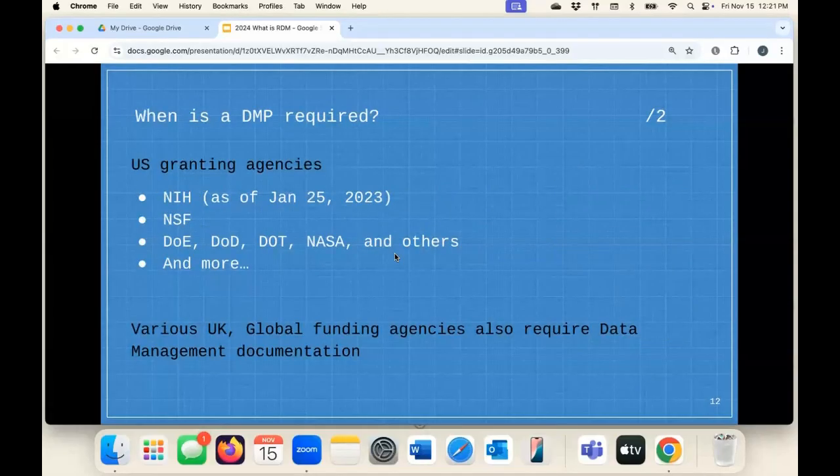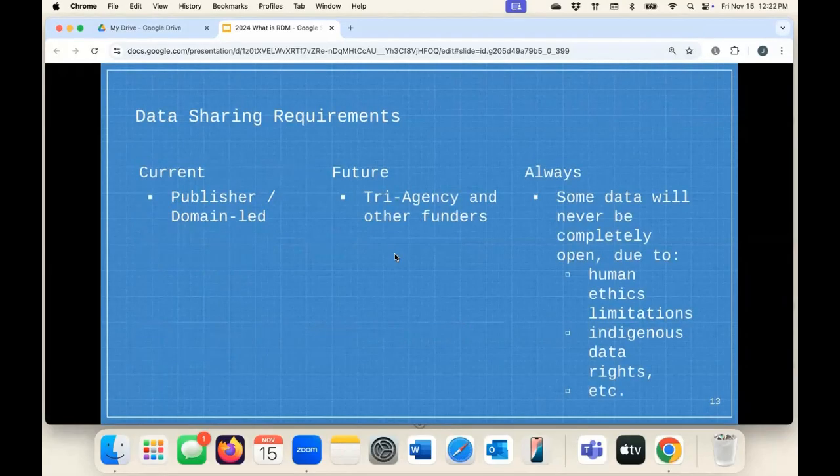I'll mention this a ton of times, but there are two more related RDM sessions that you might have already signed up for. One's next Tuesday. It goes into some of the tools that we'll talk about today, where we'll get in there and play around. The other one, on the 28th of November, is a writing data management plans session. So if you know this is coming for you, you may want to come to that session.